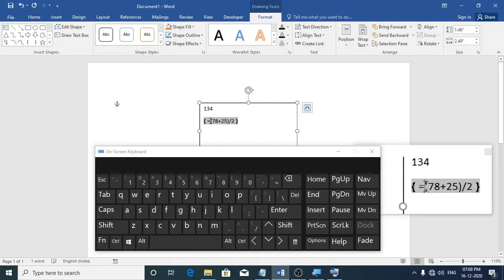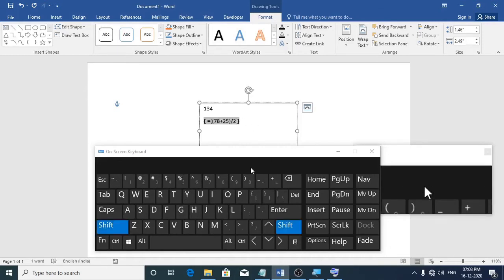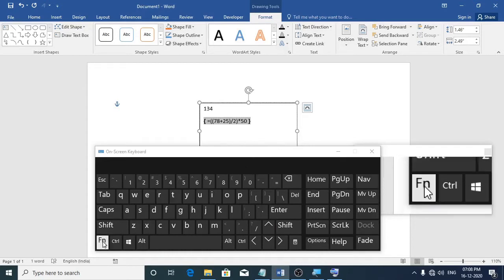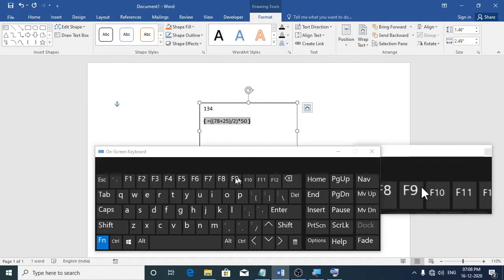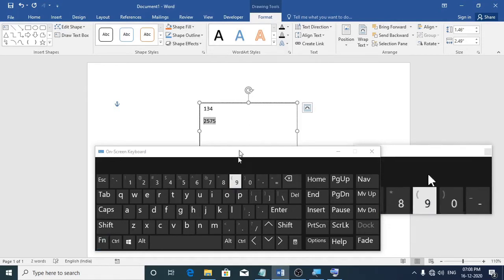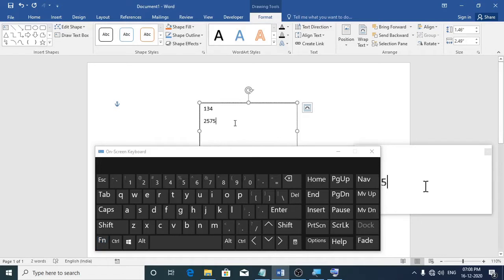Then again multiply this with 50. Now press the F9 key once done. So once you press the F9 key, the field code will display the result. So this was the first method.